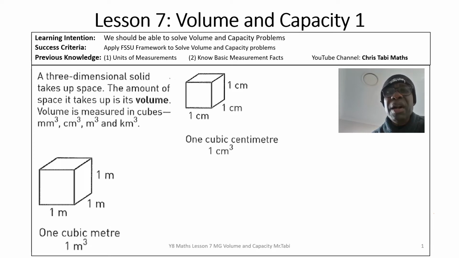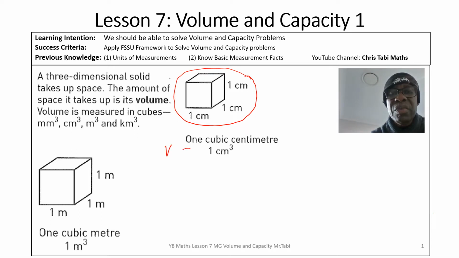Right, our understanding of basic measurement and units of measurement will also come in handy with this lesson. Let's look at a three-dimensional solid. Now, a three-dimensional solid takes up space. For example, this cube here of dimensions 1 centimeter by 1 centimeter by 1 centimeter, then the volume is simply equal to 1 cubic